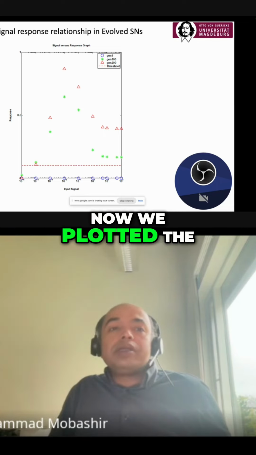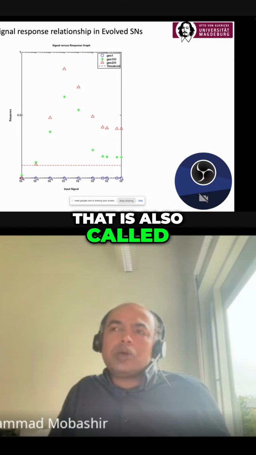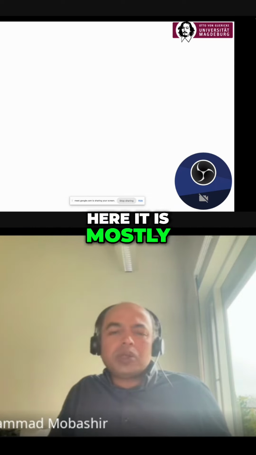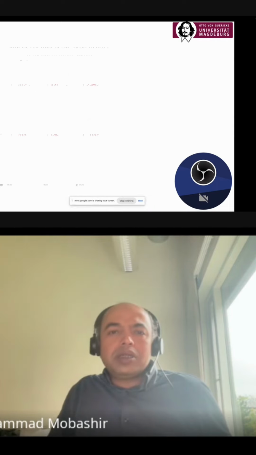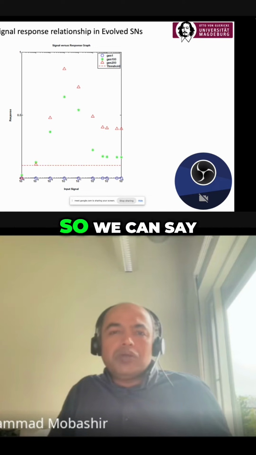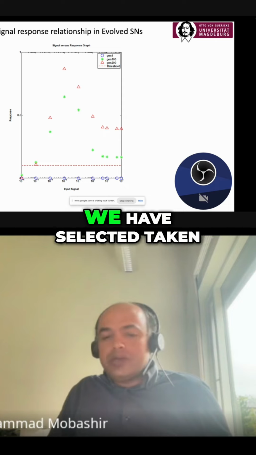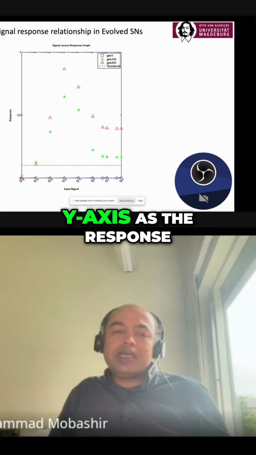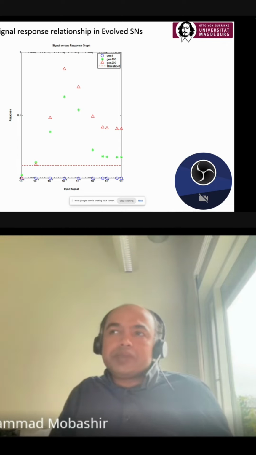We plotted the signal versus response graph, that is also called dose response graph or curve. Here it is mostly behaving as a normal distribution. So it looks like a normal distribution. So we can say it is quite normal distribution. So it is just input. We have taken the x-axis as the input signal, the y-axis as the response, and then it behaves like a normal